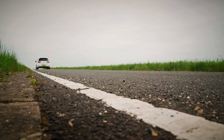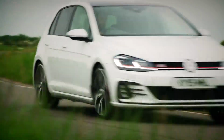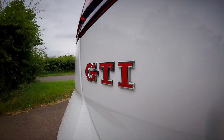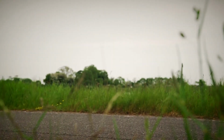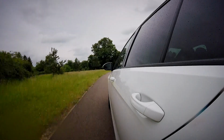I just love everything about the way this car drives, and I think, given a choice of all 8 versions, am I going to say this? Yeah, I am. Nah, you'd have the Mark I. Of course you would, because you'd be mad not to. But in 2021, I think this is the version that I would have, even more so than the Mark 8,